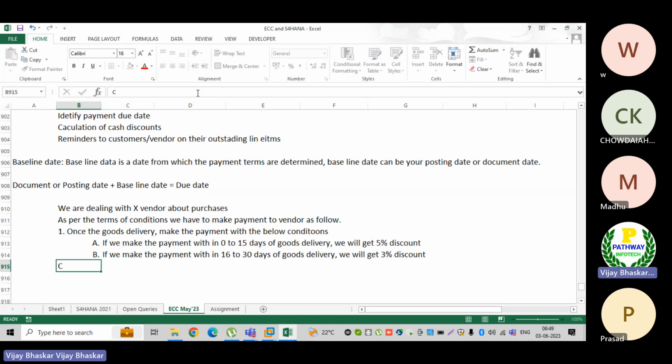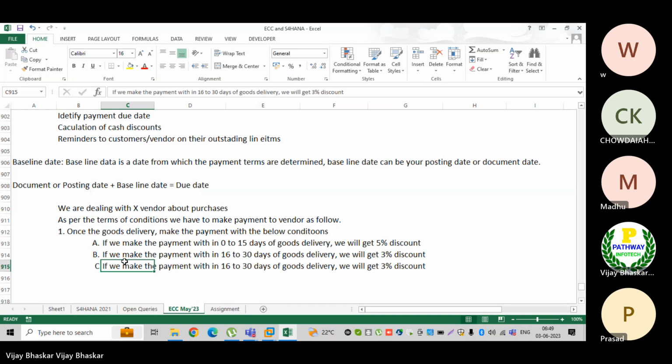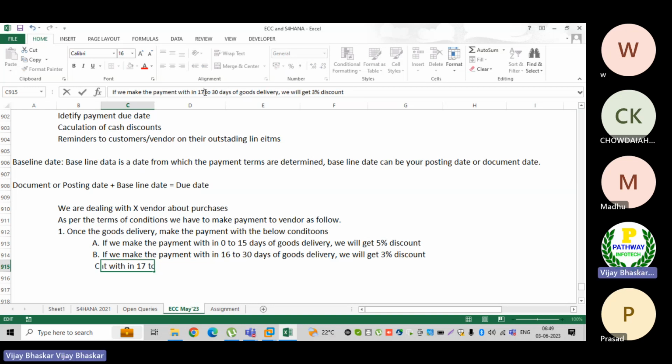Then the third condition, what he mentioned: if we make the payment after 30 days, up to 45 days, we will not get any discount.